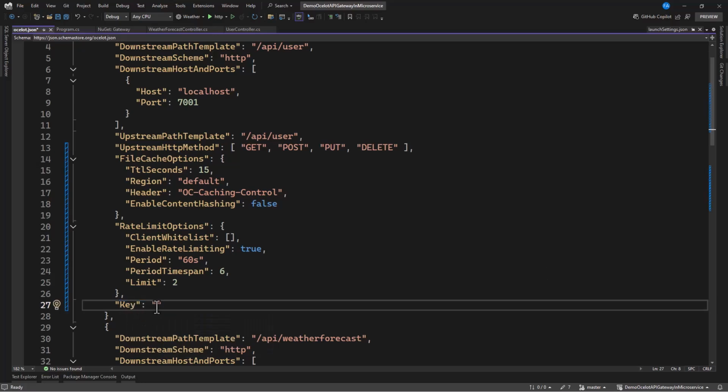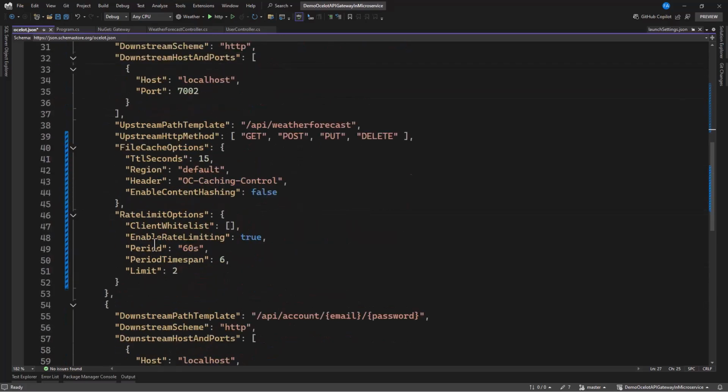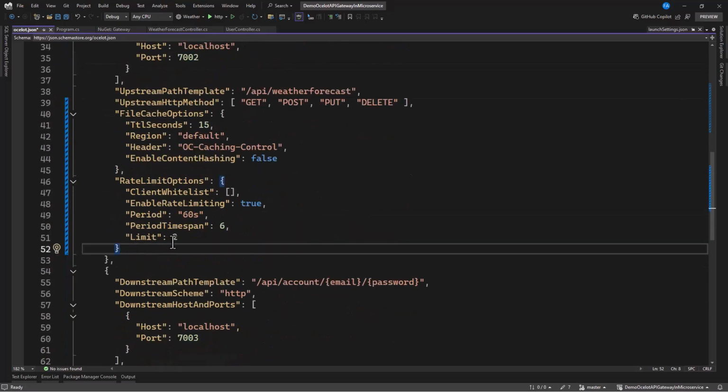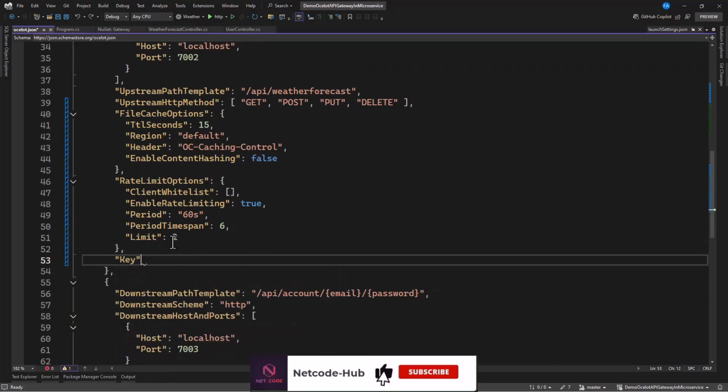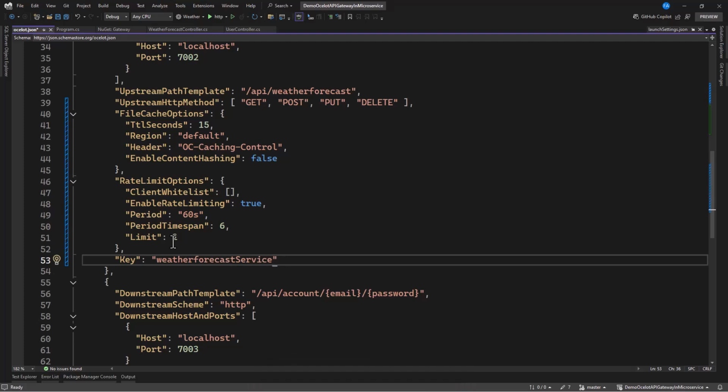Okay, so this is our key. And now this key here, let's say this is user service, because this endpoint returns a list of users. Let's give the same user key in here, and that is key. So this key, we are giving this as also weather forecast service. So we have two keys in here.